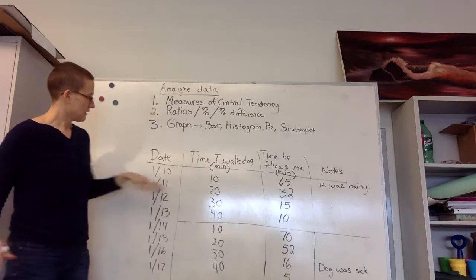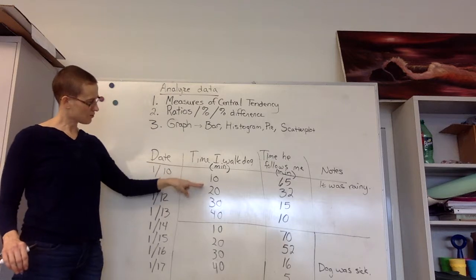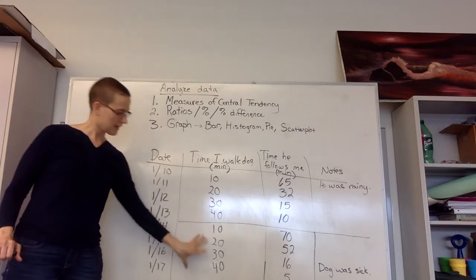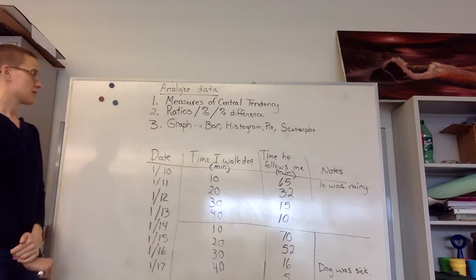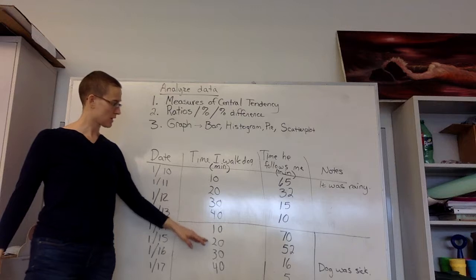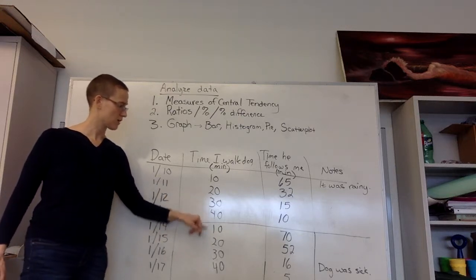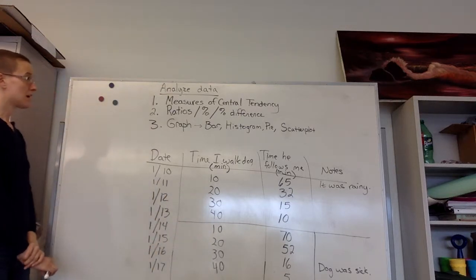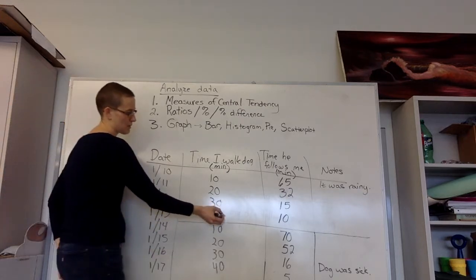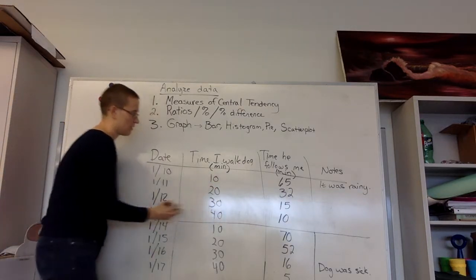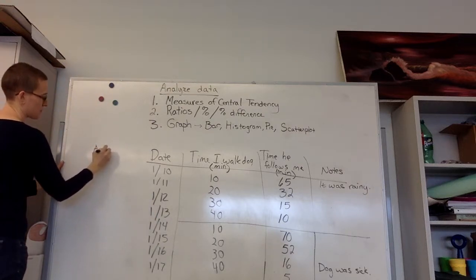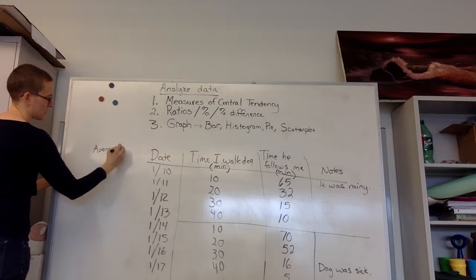So if we look at my data, I use these different times: 10 minutes, 20 minutes, 30 minutes, 40 minutes, and I have 2 sets using each of those times. So I have 2 times that are 10 minutes, 2 times that are 20 minutes, 2 times that are 30 minutes, 2 times that are 40 minutes. So to analyze my data using measures of central tendency, one thing I might do is find the average of the time I walked my dog. So my average times I walked my dog,